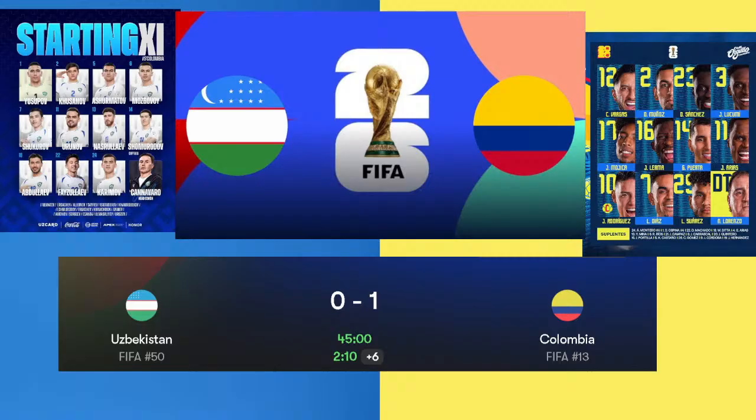Ball is back at the feet of Camilo Vargas. Not had a save to make yet, the Colombian goalkeeper. Long ball. Luis Diaz with a little hand in the back of Karimov that time. He was trying to sell the free kick. The referee wasn't buying it. Throw into Colombia. Mexique just goes back